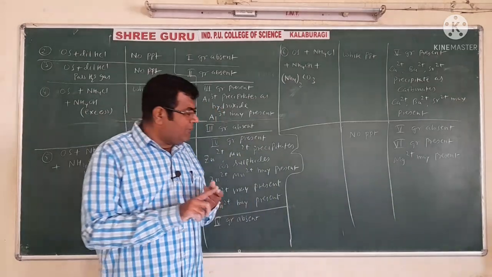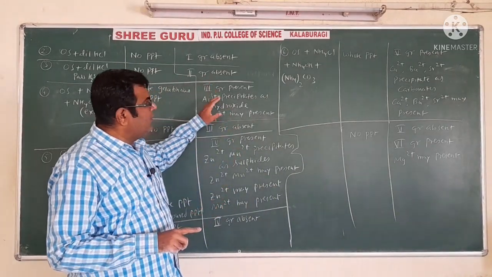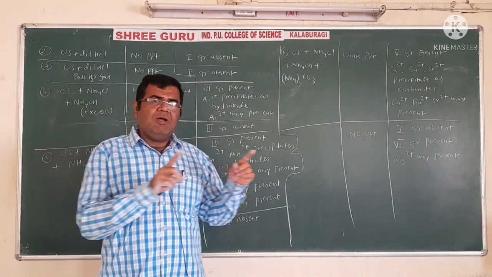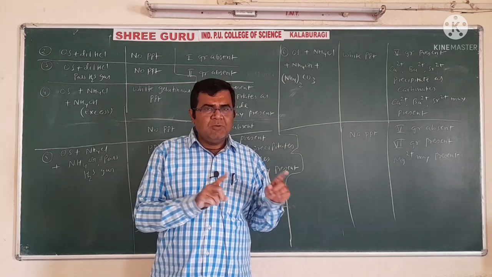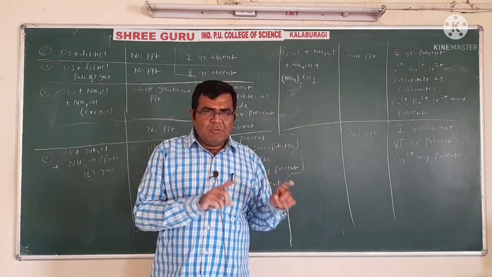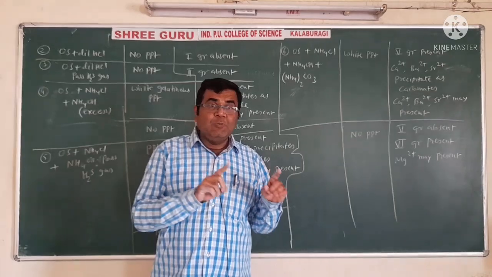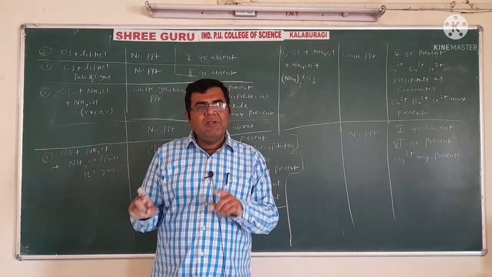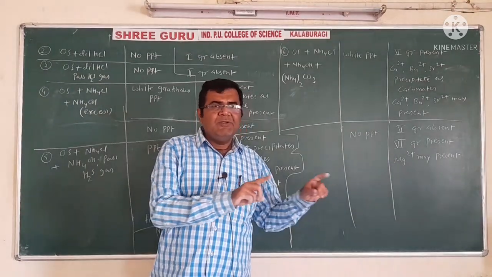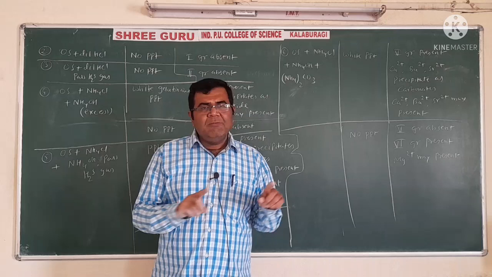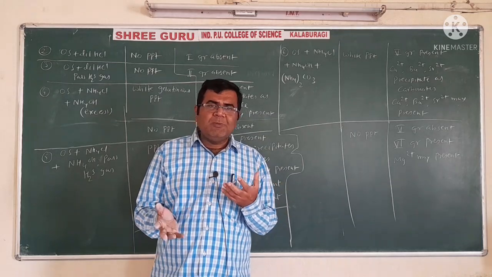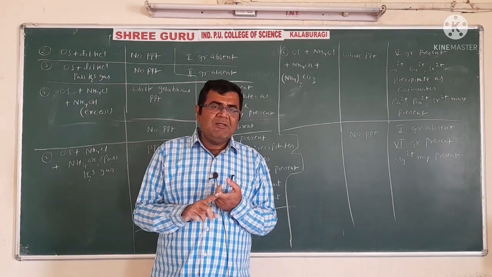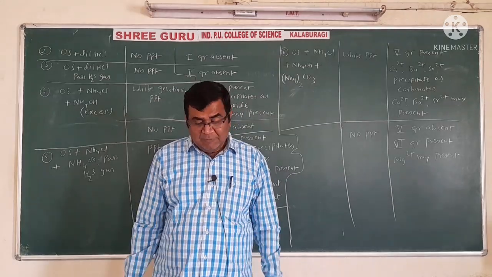We have obtained the group numbers 0, 1, 2, 3, 4, 5, 6, and which radical is present? 0, ammonium. First group, no radical. Second group, no radical. Third group, aluminium. Fourth group, zinc, manganese. Fifth group, calcium, strontium, barium. Sixth group, magnesium. Once we know the group number, we get 1 mark. Once we know the radical, we get another mark, and the remaining 2 marks are for the confirmatory test.